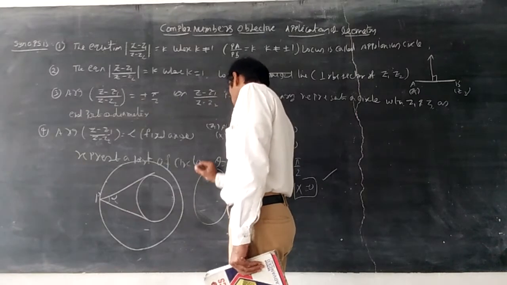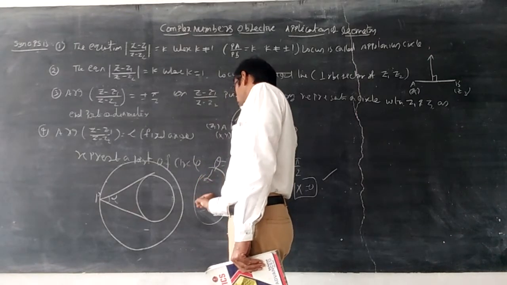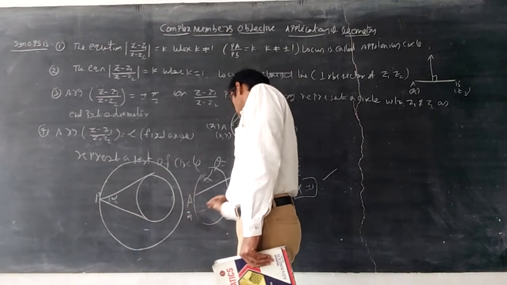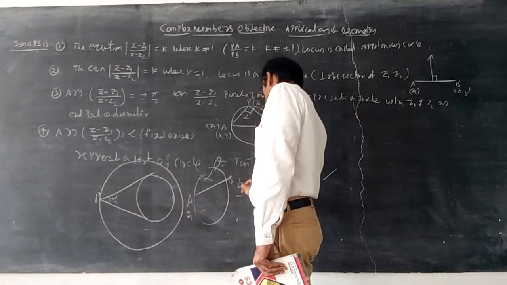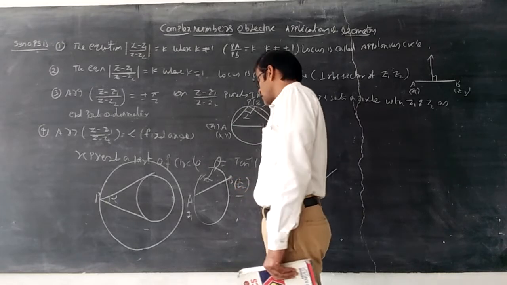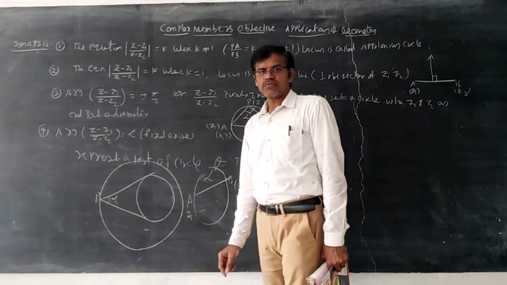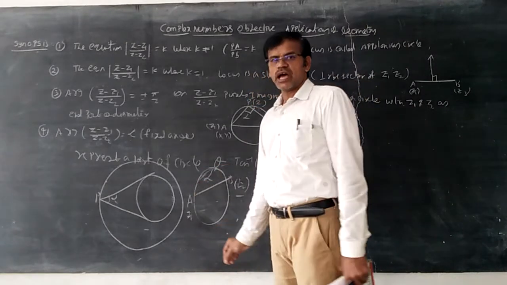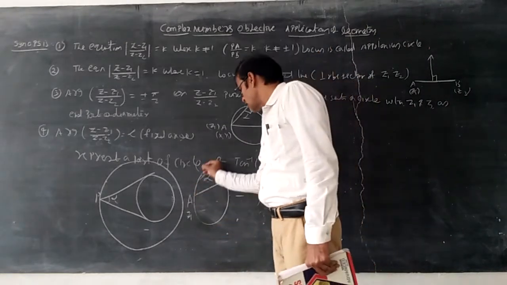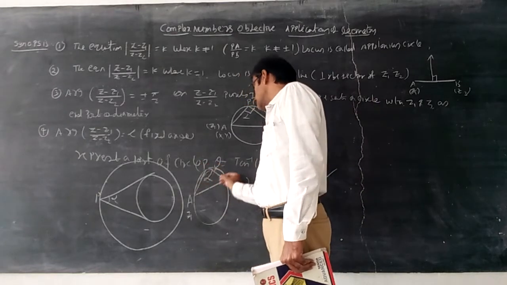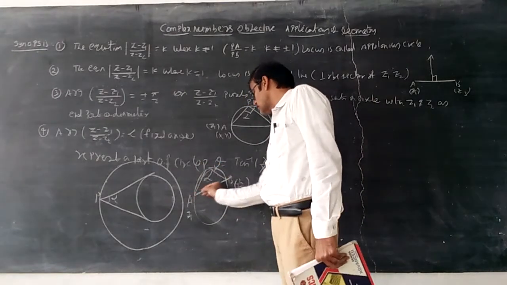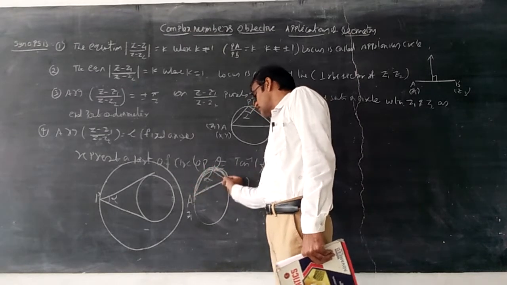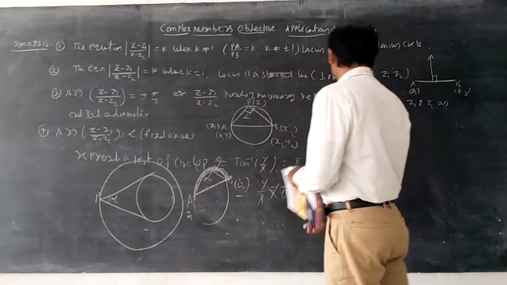If it is not 90, if it is simply alpha, take anything like this. This is z1. Don't take AB as a diameter. Don't try to understand that AB is a diameter. Here the equation of a circle passes through only 2 points, including the angle alpha between the lines AB and PB. Then it is a simple part of a circle. Otherwise, in locus you can say this is a segment of the circle, a part of the circle.